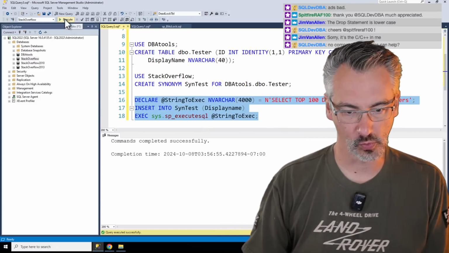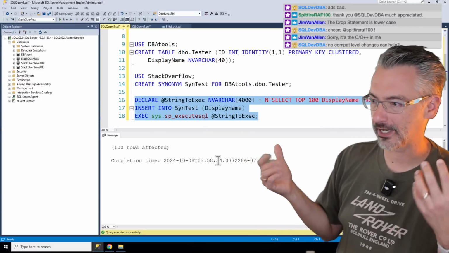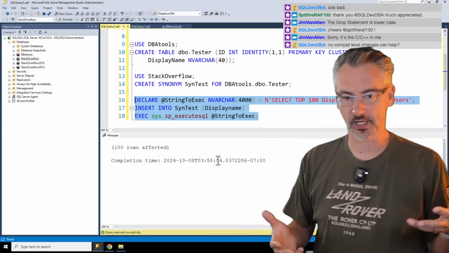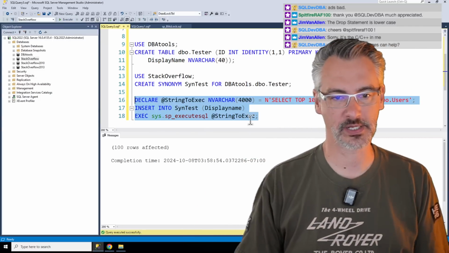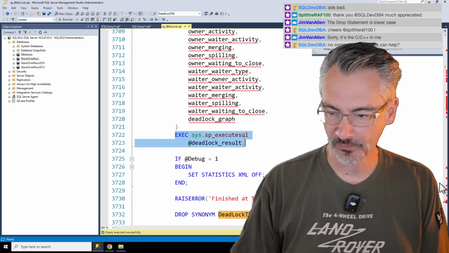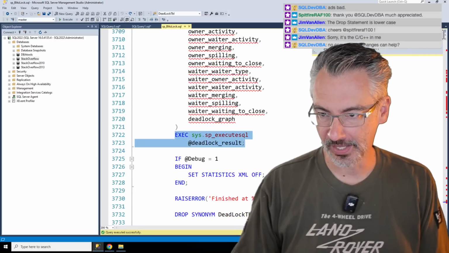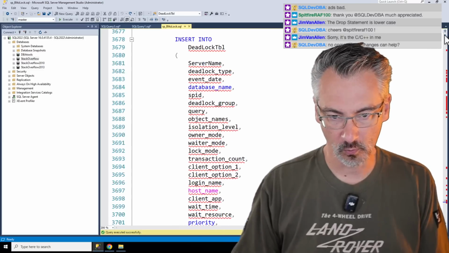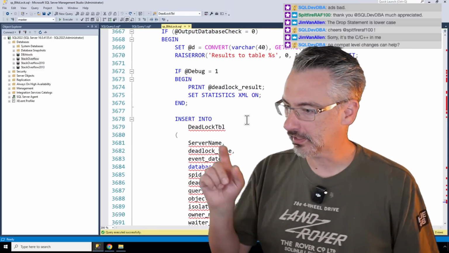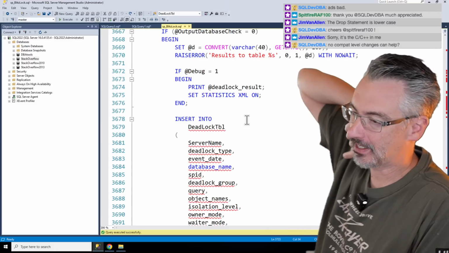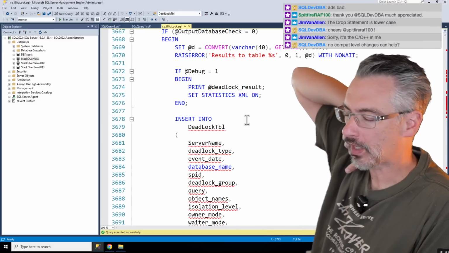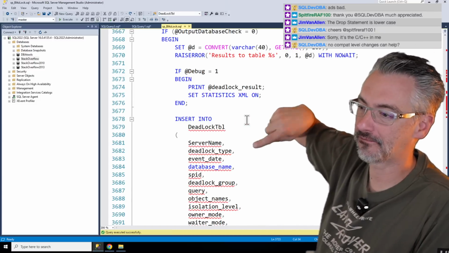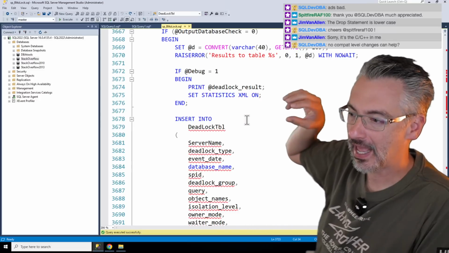3, 2, 1, execute, works great. So the insert into doesn't appear, at least, to be the problem. So why is it that this is failing? Why is it that this isn't working? The insert into. Okay, so one way that it could be failing is if for some reason at this